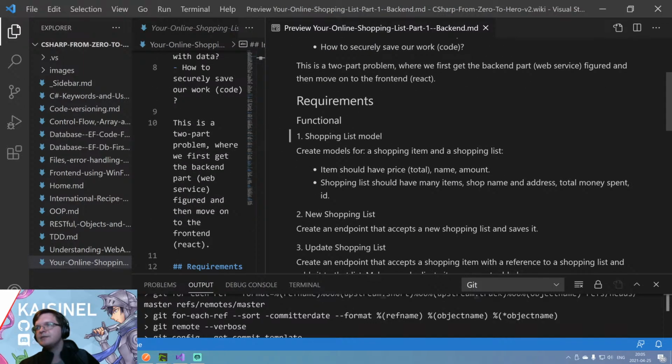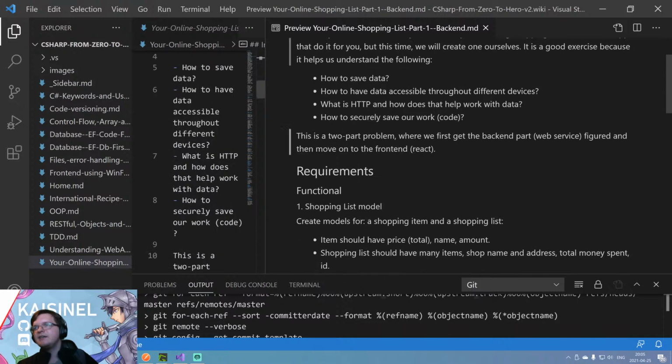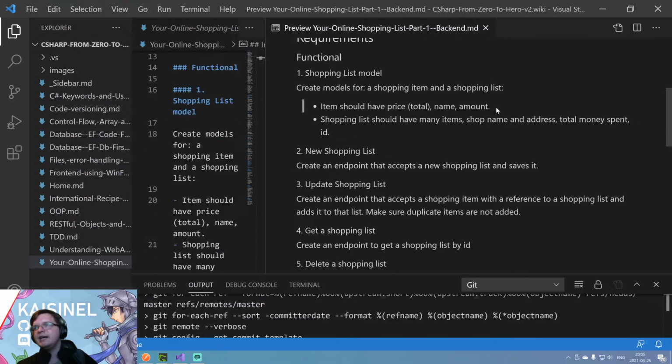So it's a super simple application that we'll be making. But the key point this time will be that we are actually making it accessible through a browser, and we'll be making a web service instead of a console application. So those are the cool things about this. So again, we will be making a very simple shopping list API, which allows us to add items to the shopping list, and the shopping list itself